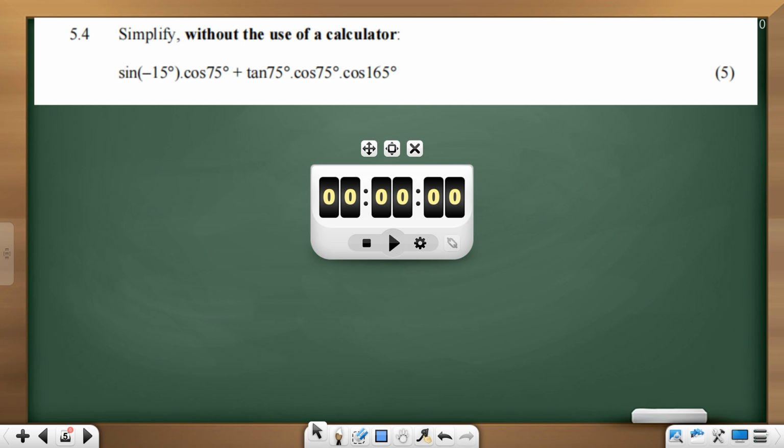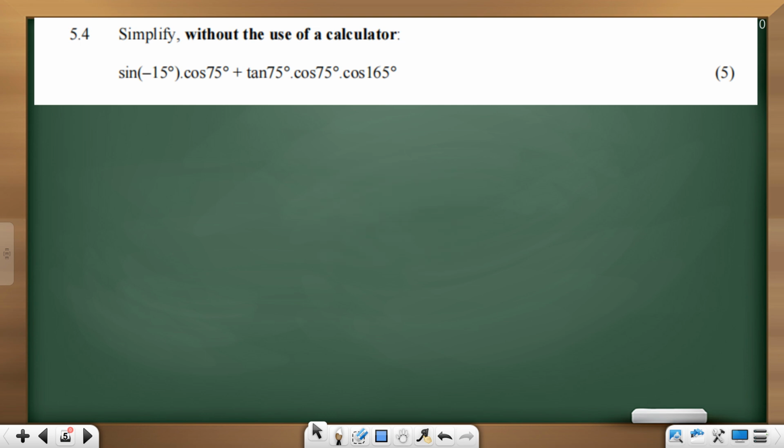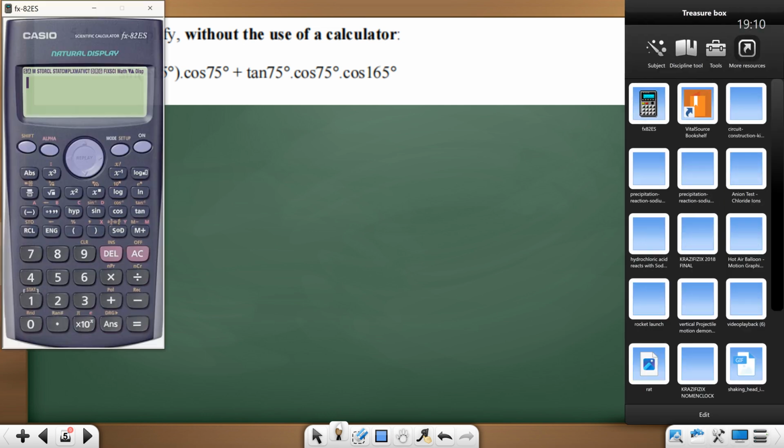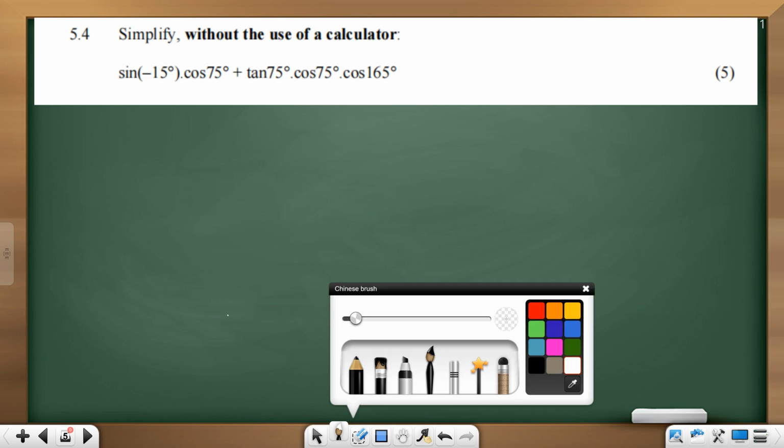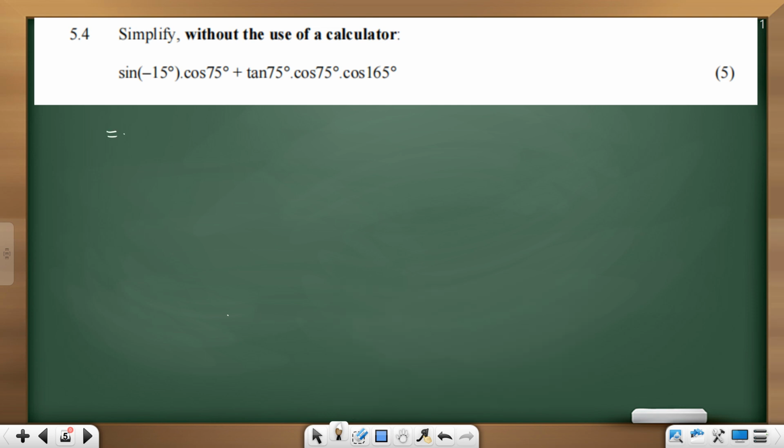Okay, guys, how do we solve this question without the use of a calculator? Okay, let's see what to do. First, I notice that I have a 15. So what is sine negative 15? If I go back to my calculator, which I'm going to use to show you how to quickly walk through this, look at this. I am seeing a negative answer. All right. And so that means my sine negative 15 can be written as negative sine 15 multiplied by cos